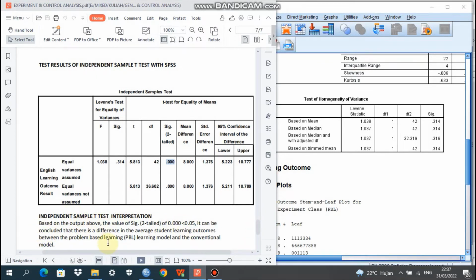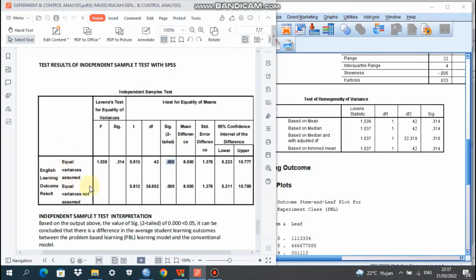Okay, let's remember the independent sample t-test interpretation. Based on the output above, we use the first row, equal variance assumed, because the data distribution is homogeneous. So there are two options, equal variance assumed or equal variance not assumed.